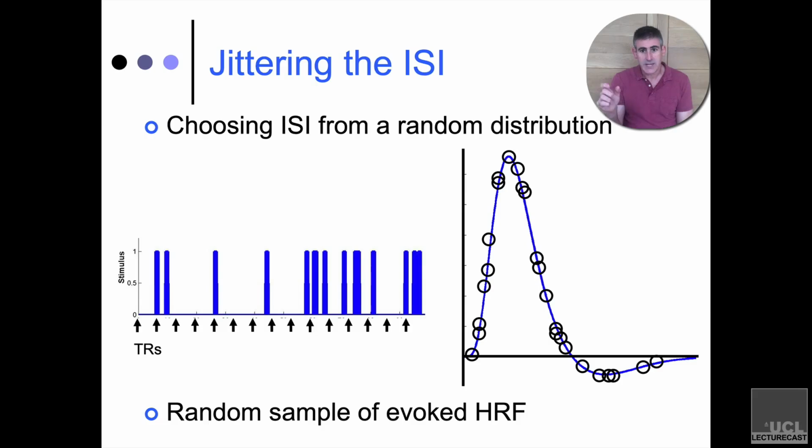Now, she included temporal jitter between them, so even though it was a block design that's less sensitive to that, specifically to avoid the problem of this biased sampling of the hemodynamic response, even though it matters less in a block design. There is no downside under any circumstance to using temporal jitter. It makes your analysis a little bit more complicated, but it gets away from the major problems associated with event-related designs in fMRI. So if you're going to do fMRI, I cannot imagine a scenario where you don't want temporal